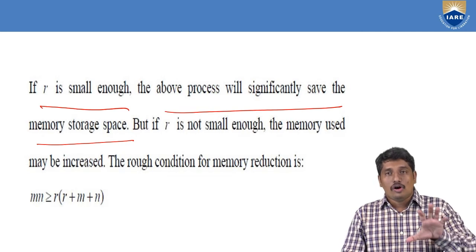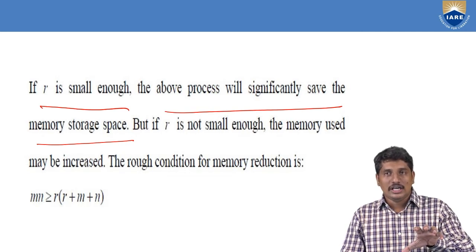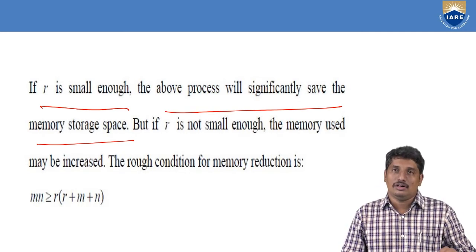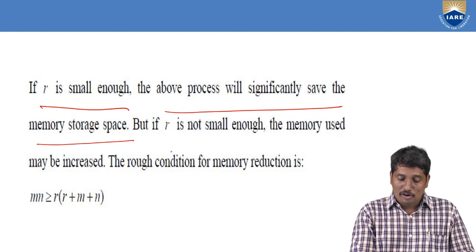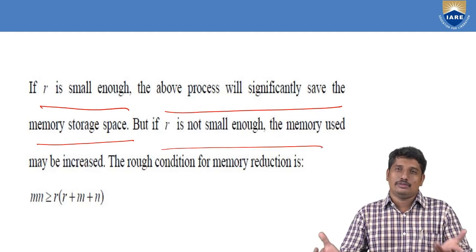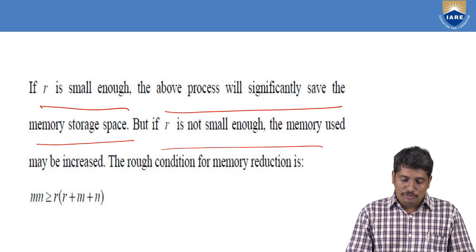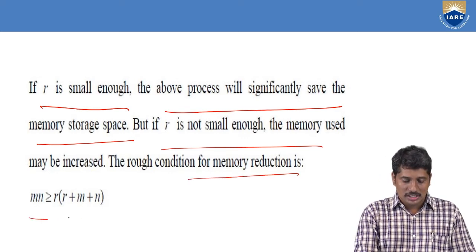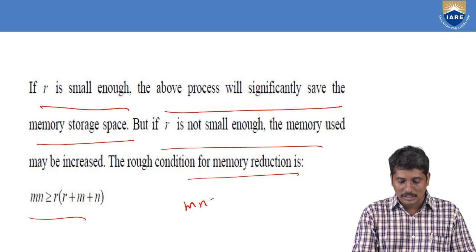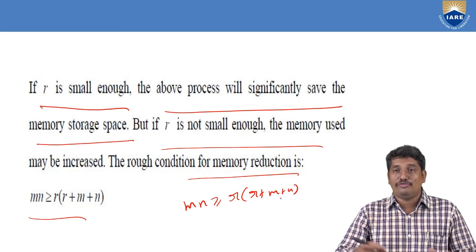So the storage space depends on the size and rank of the matrix, that is R. If R is not small, then we have to use a lot of memory to save the data. So for memory reduction, generally this is the constant: whenever mn is greater than or equal to R times (R plus m plus n), you can go for